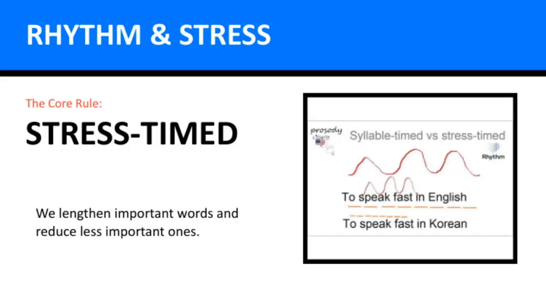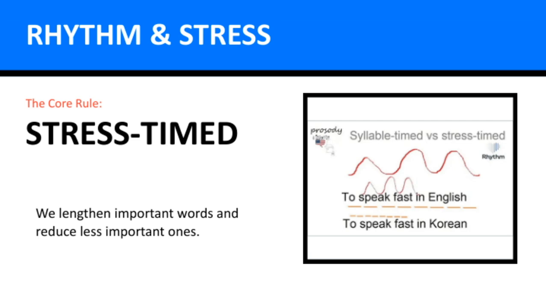Now, let's talk about how we lengthen important words and reduce less important ones. This is a key aspect of stress-timed rhythm, which is common in many languages, including English. The core rule here is all about rhythm and stress. When we speak, we naturally give more emphasis to certain words, making them longer or more prominent, while